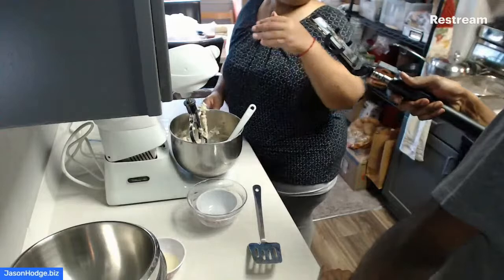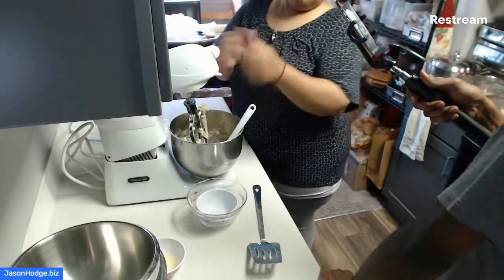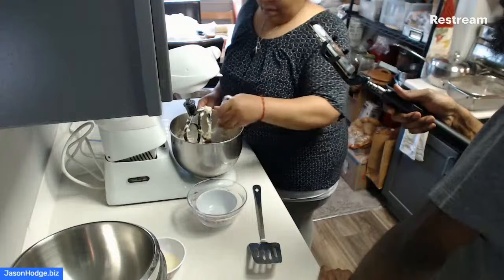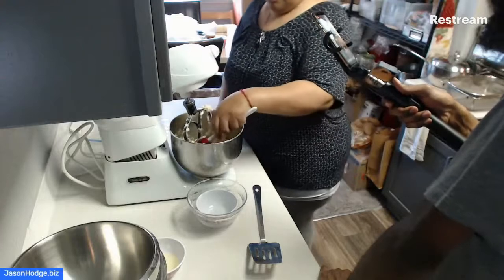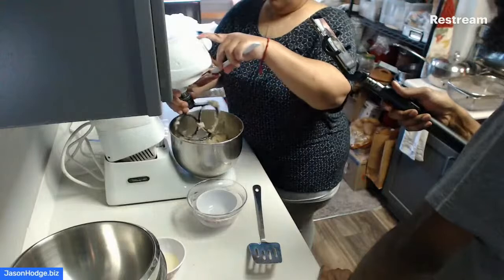This is too much. So that hook is just moving it around, this would tear it apart. Got it. So that's just been my experience. See, this one is more Play-Doh, but a little more firm. So now that we got everything in there and everybody's good,